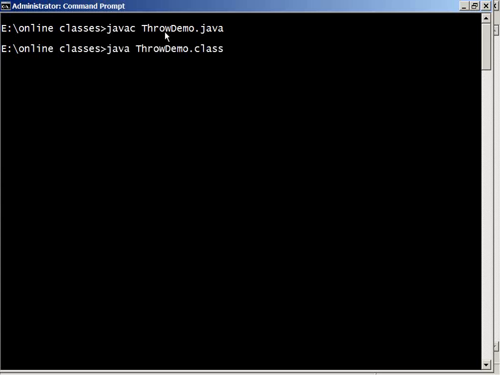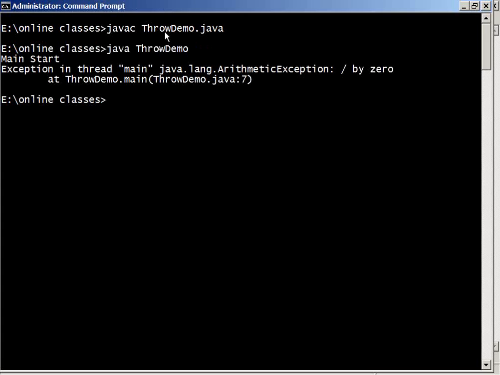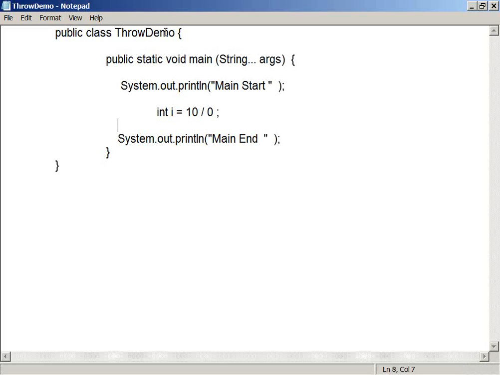Now what is happening here? Because I did not handle the exception, the Java runtime stops your program execution by throwing the exception. We have seen these kinds of messages. If you look at the statement which caused the exception, this is the statement that caused it.